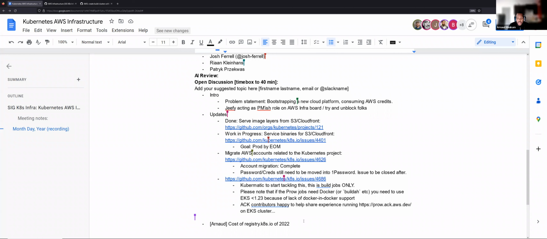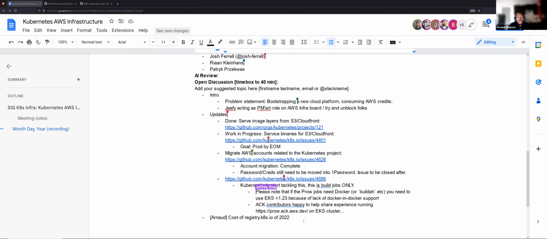Okay, I think I'm going to be some kind of bottleneck or blocker, because as org admin, I need to create an account. Jiffy, you have the permission to do that if I'm too slow. I will happily do that just to get it off your plate and unblock Kubernetes from working on it.